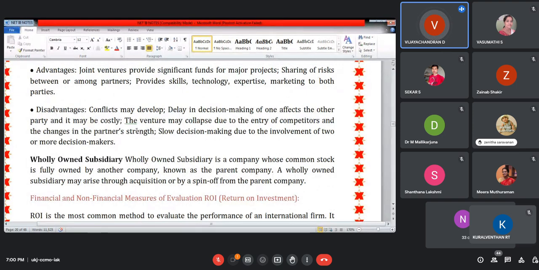Another way of international trade, finally, is the wholly owned subsidiary. One holding company, I told yesterday, section 617 I told. When one company controls another company, a company which operated in the foreign country will have a subsidiary in another country. So this is another way of entering into foreign trade.